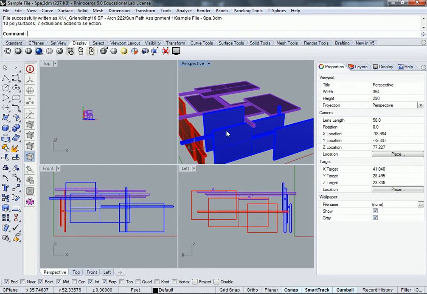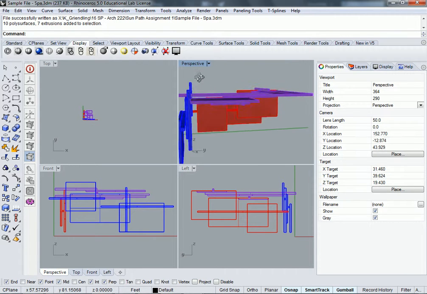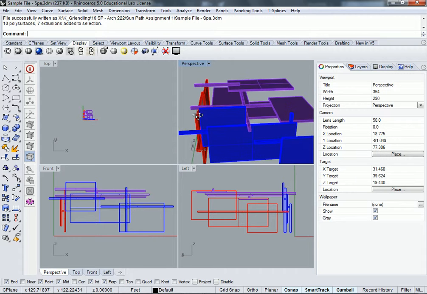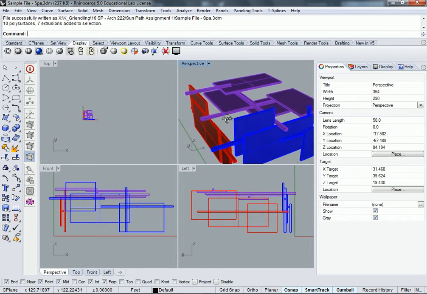pavilion, right? So this is essentially a spa project. It's kind of interesting because it casts really interesting shadows. And so when we get into the shadow generation, this is going to be a pretty decent model that we can use for a simple exploration. Okay,